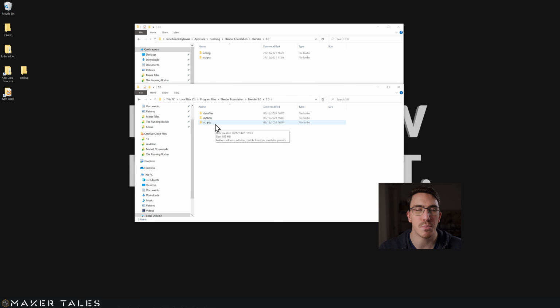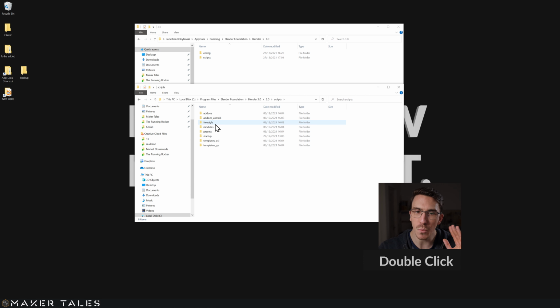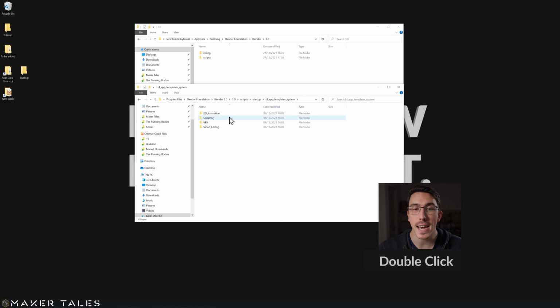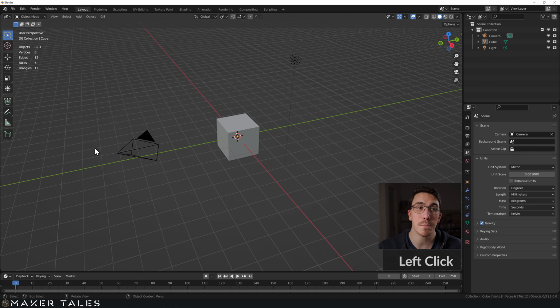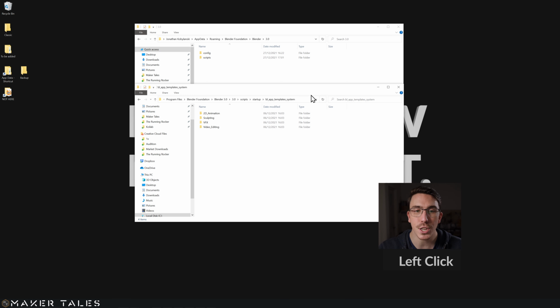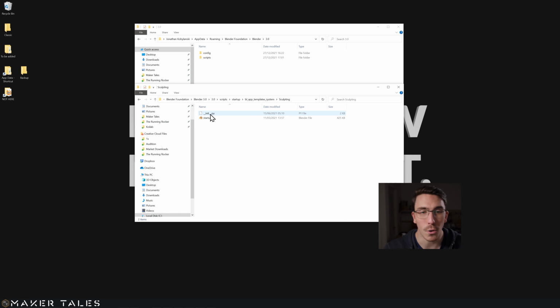Now, the reason why I brought this up is because I also want to show you, if we go to scripts, we have this startup file here, and then we have this bl_app_templates_system, because we are in the system directory here. And inside of here, you're going to see 2D animation, sculpting, and all that. And that looks very familiar because that is the File New structure right in there. So let's go into one of those and see what's going on. Inside of here, there's a file called startup, and there's this init file, and this has a couple of extra little things as well that we'll cover. But now that we know the structure, it is bl_app_templates_system, we need to create the same thing.